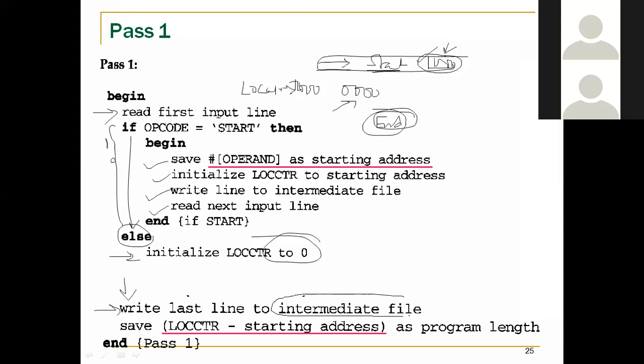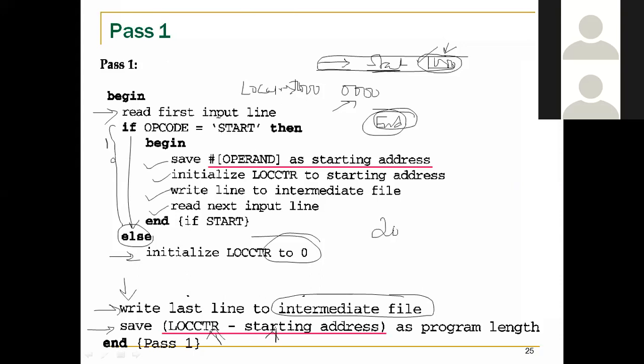Now this intermediate file contains some extra information from pass 1 as well, and it also has already neglected the comment lines, if any. So we'll save the value of the program length. How do we calculate? I've already explained. Starting address minus the current value of location counter.